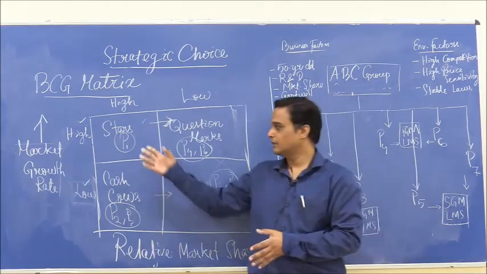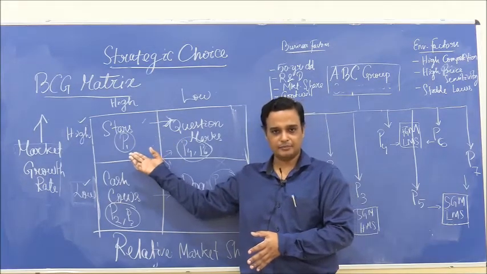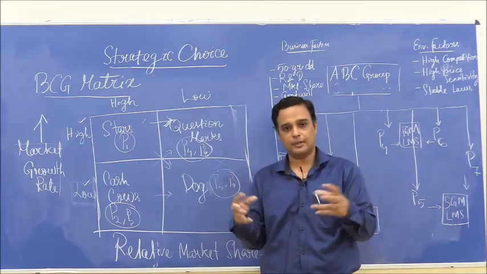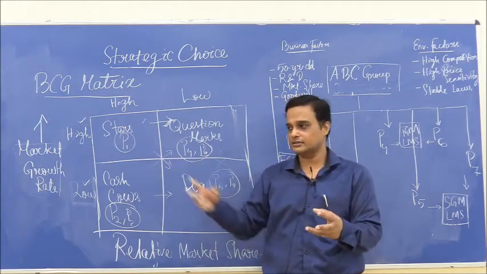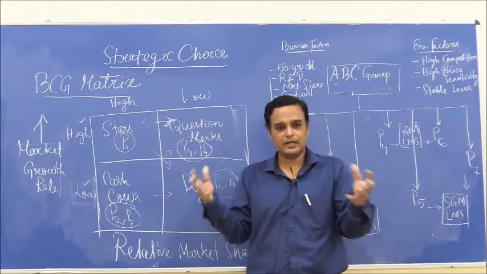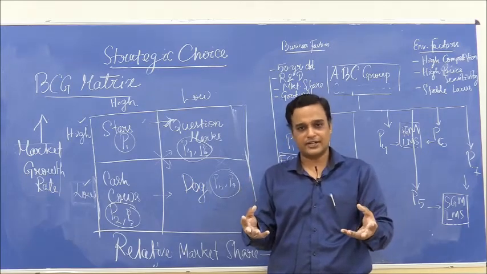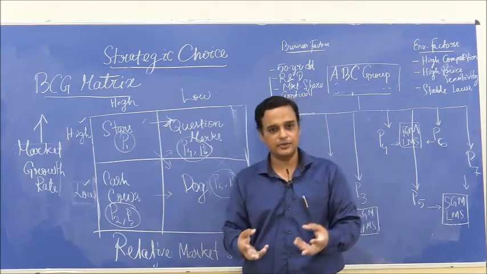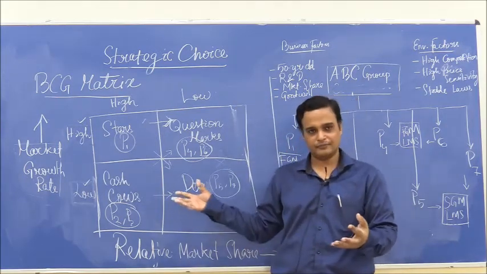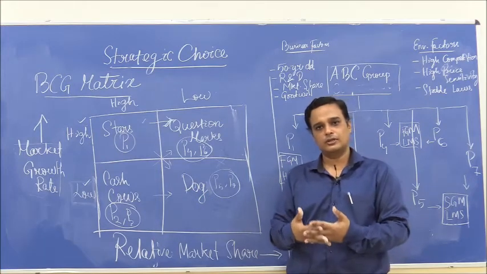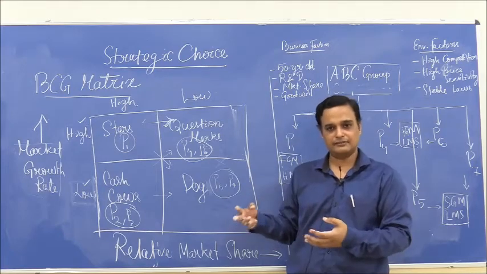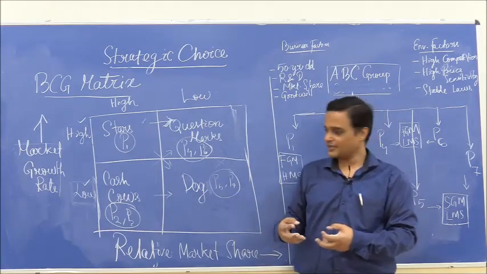So, as you can see, for a star category product, you can choose to either make profits or to establish your own reputation. This brand might be chosen to either build upon a reputation or build a market share. For a cash cow category SBU, there is no more question of building a reputation, it already has it. So you can sit back and earn as much profits as it can possibly give in the remainder of its life cycle.